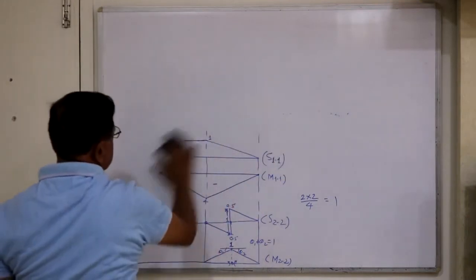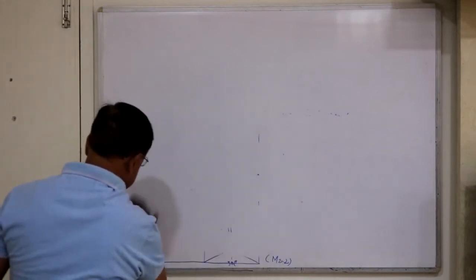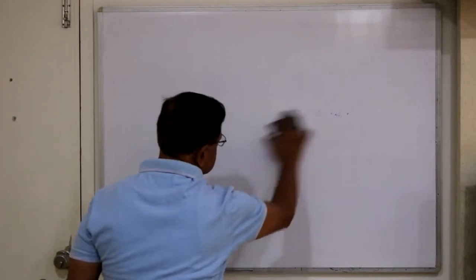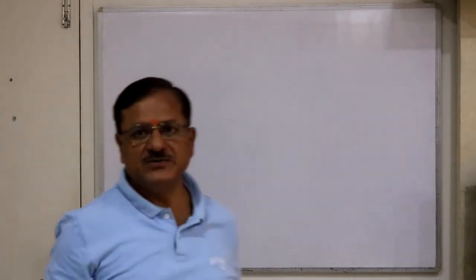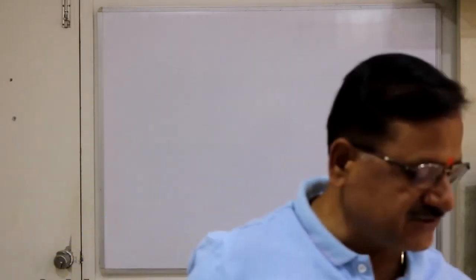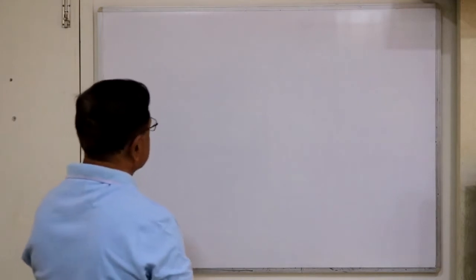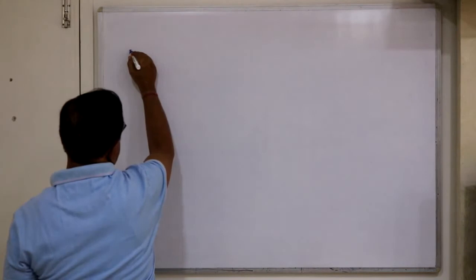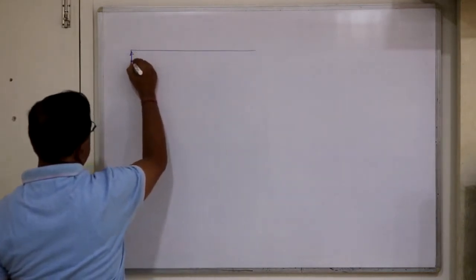And remember how to use this ILD: once you know the influence line diagram, we will see the position of external loading for the maximum value of that structural function, and then we'll find out the maximum structural quantity. Let's consider one more problem. This is also a very standard problem from the exam point of view,